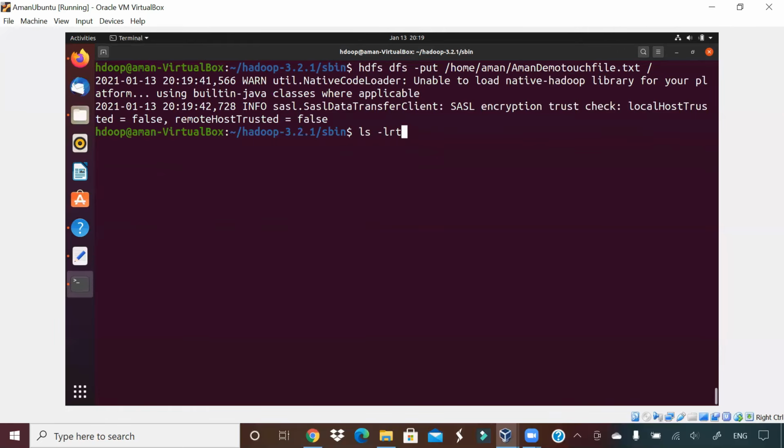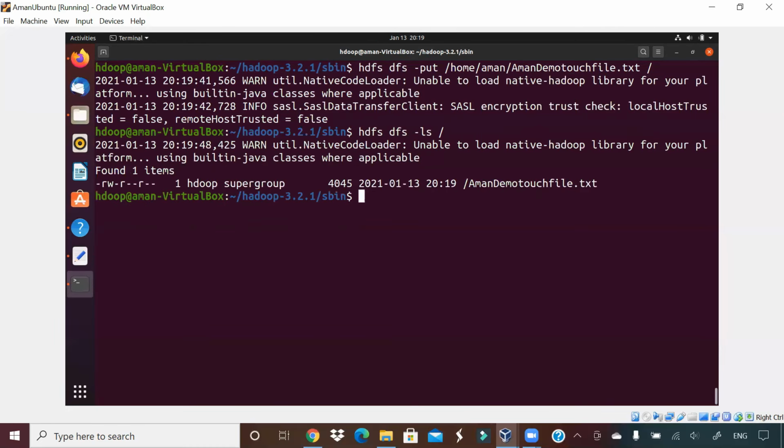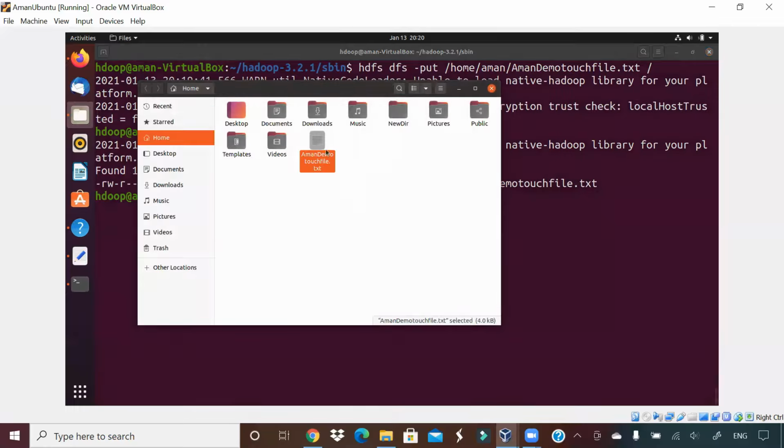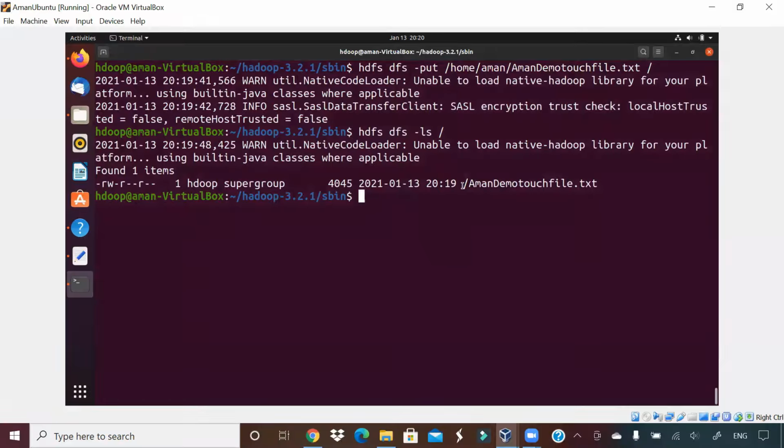Now when I do an ls, guys, I should be able to see one file here. Okay, as you can see, this file is now present in Hadoop. Okay, this file is not in the local machine, guys. Now this file is in Hadoop. Okay, understand the difference here. If you go to home Aman, you will see this file is in local, but here this file is in a distributed environment. Here we have only one node, but actually it will be stored in a distributed environment.